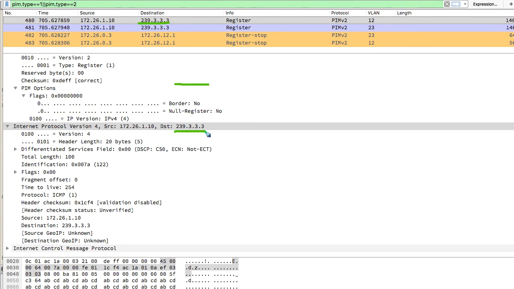And you can see here, the protocol itself happens to be ICMP. The TTL looks correct. It has been decreased by 1. The source and destination look correct. This is the S, and this is that G. So both of those look correct. And finally, when we go into the